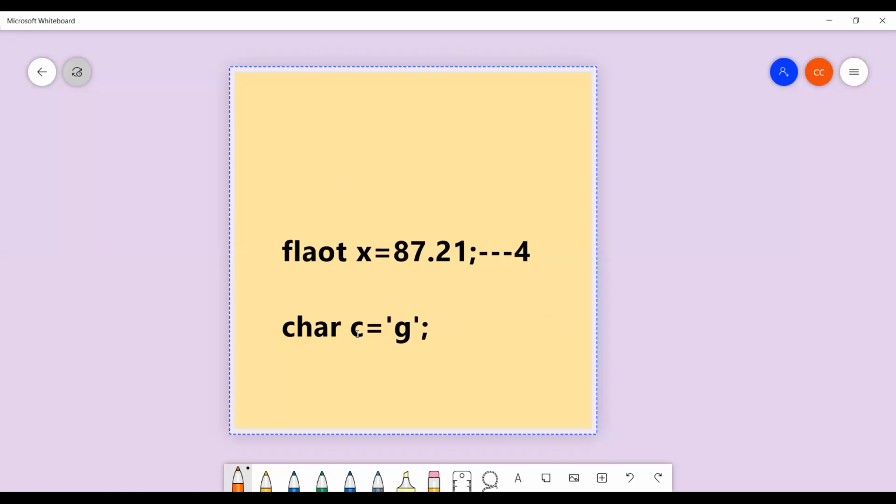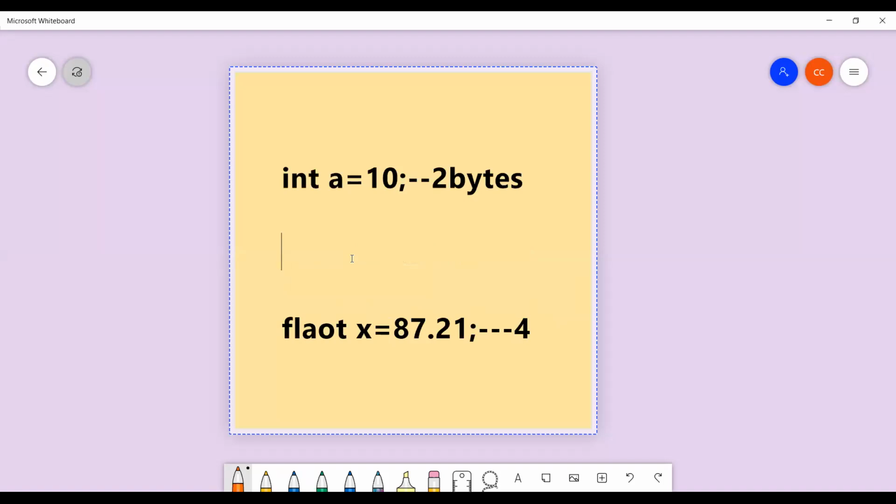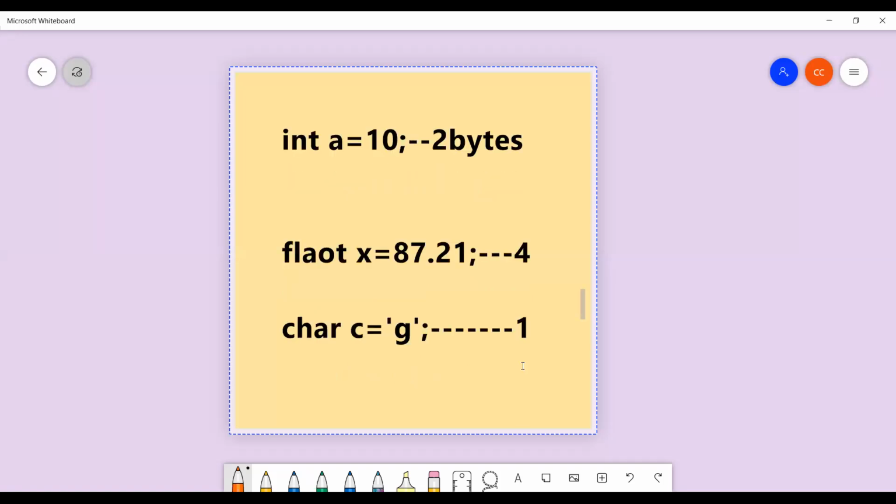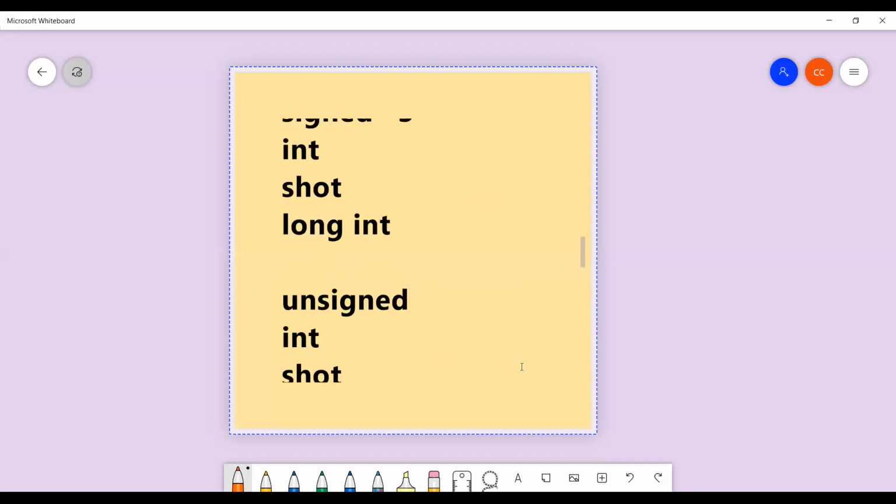Now what is the size of c? c is a character, so its size is 1 byte, meaning 1 byte of memory is allocated. So finally, every data type contains some size: integer 2 bytes based on the operating system, float 4 bytes, character 1 byte.